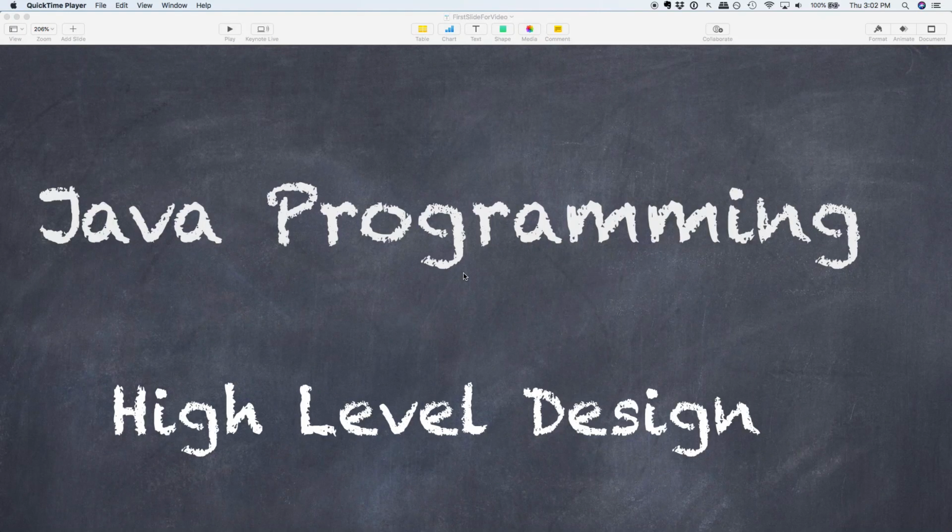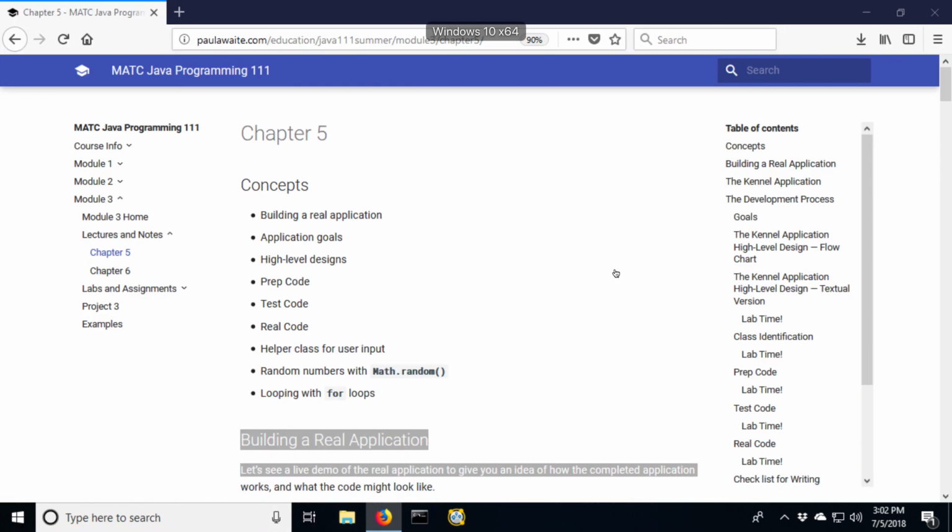In this video, I'm going to introduce our next module and then dive into the first step in the next module, which is high-level design. So this unit, Unit 3, is all about building a real application. And we've been building real applications up until now, but we haven't really built one from scratch. We've provided you with kind of recipes of what to create, but many of you have had questions about, well, okay, what about when somebody doesn't tell me what the classes are that I should build? And you guys did a little bit of design with the TV, radio, home entertainment assignments. You got a little taste of that, and we're going to continue with that in this unit.